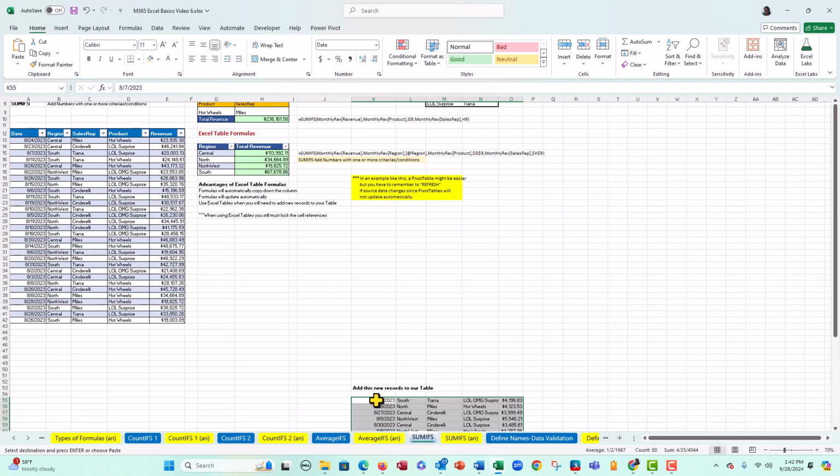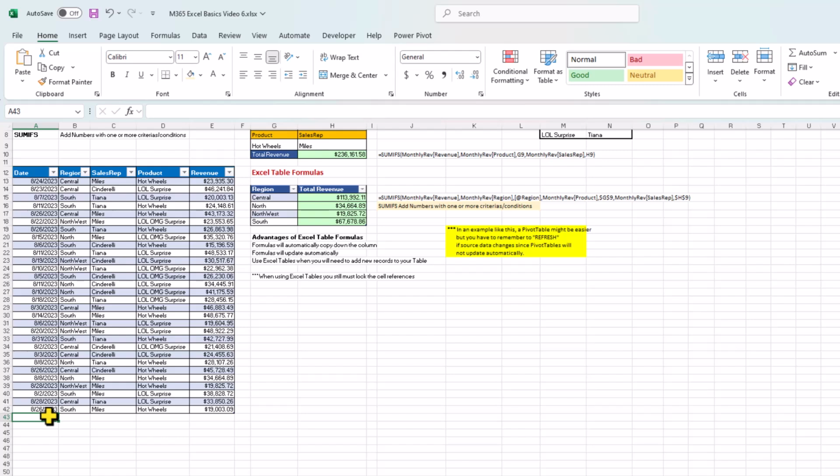So I have the new records selected here, Control C. I'll click on cell A43 and I will press Control V on my keyboard. But before I do that, I want you to be watching here the total revenue amount and the total revenue for the regions here. Once I add these new records to our table here, our data will automatically update with the new records and our formulas here will also automatically update. So Control V,